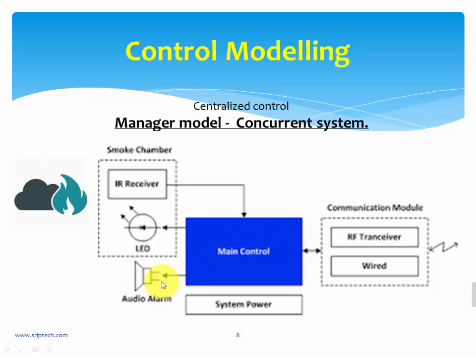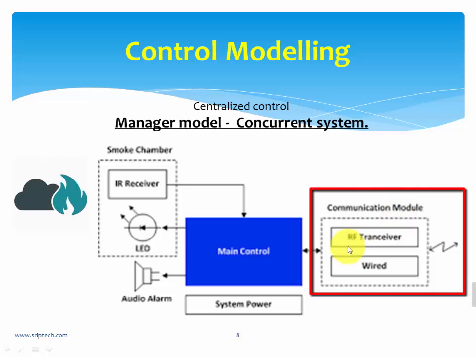Which means you can see that the starting of the audio alarm depends upon the input received by the sensor, and the sensor receives an input if there is actually smoke or a fire. Once the smoke or fire is reduced, the audio alarm is put off. Assuming that the audio alarm is on, the subsystem also activates a communication module where it can send a communication via an SMS